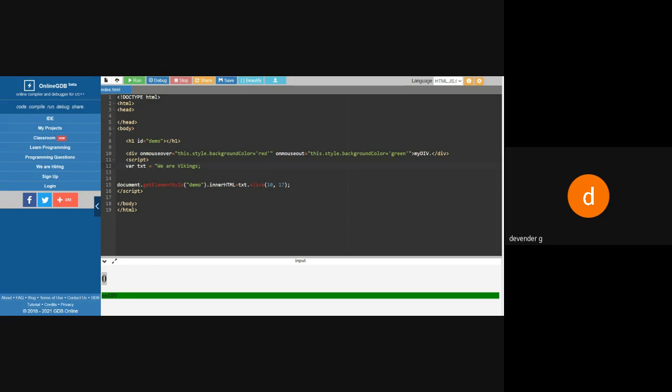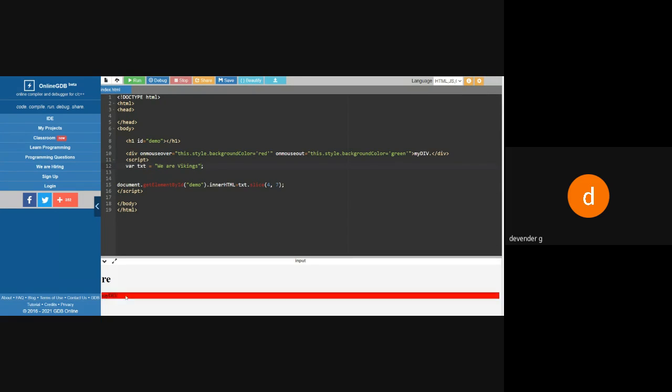So I'll take this as 4, and from this one I'll say 7. We'll see which letters come. Okay, I forgot to give the double quotes here. Now it will work.